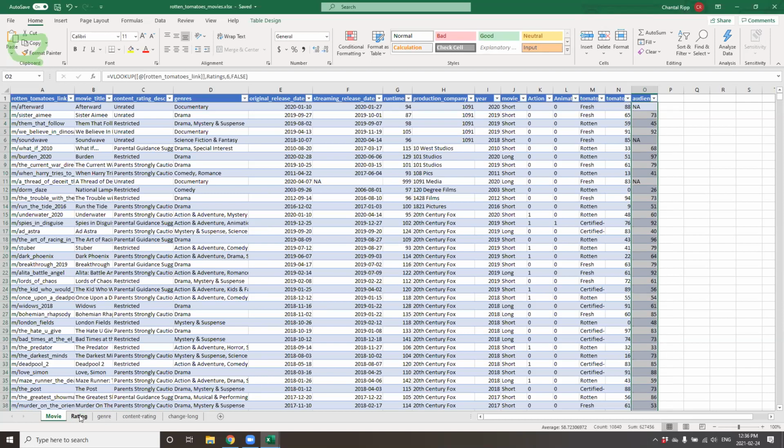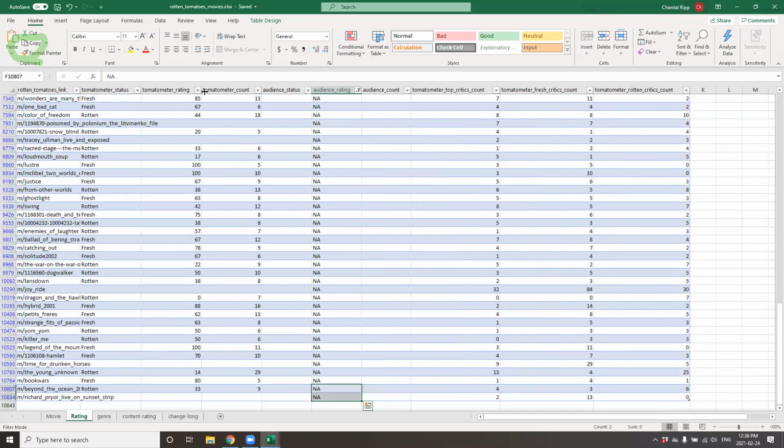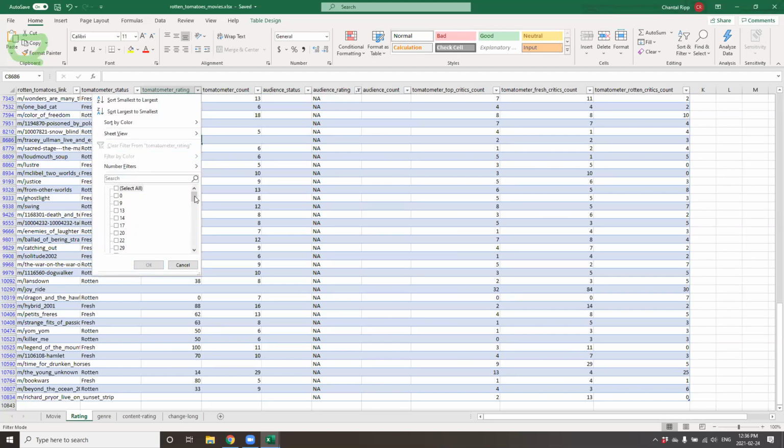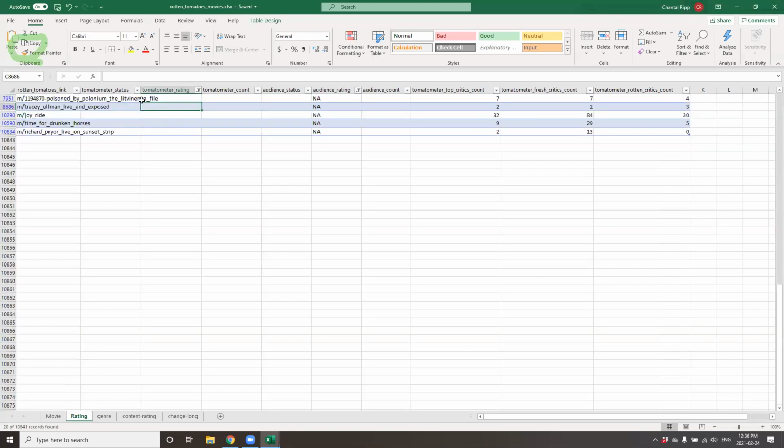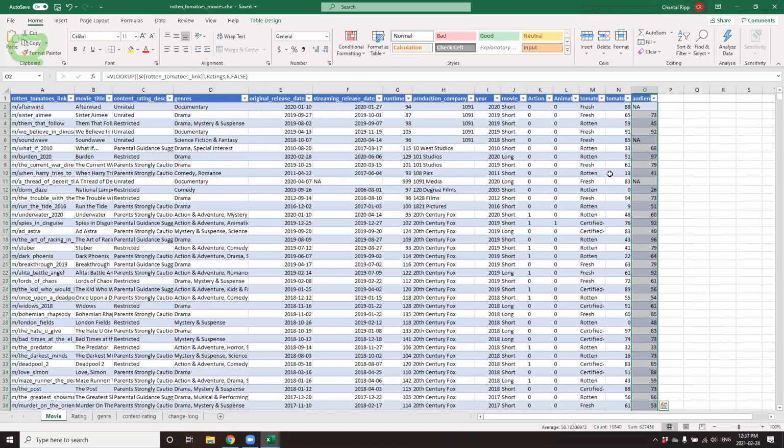I will repeat that very quickly because I think in tomato readings, we also have some blanks. So I will find that, consistently name my blank fields not available, and come back. There we go.